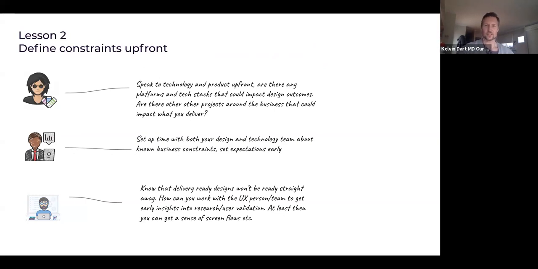And for designers, you might have just gone down a rabbit hole. So you might just be going down this full exploration. You're going down the beautiful divergence of the double diamond, and yet you've failed to actually have conversations up front with your technical colleagues, with your product owners, to really understand what is the space, what are the rails in which you're going to be designing in. So at least at that point, you've got that in the back of your mind as you're going through your discovery phase. For non-designers, just setting up time with your design and tech team,